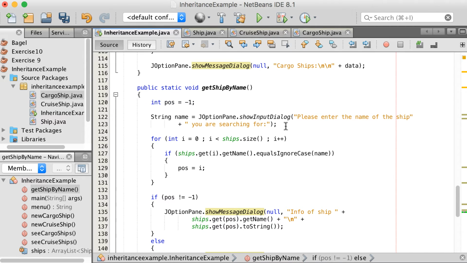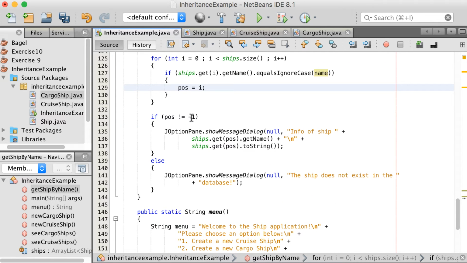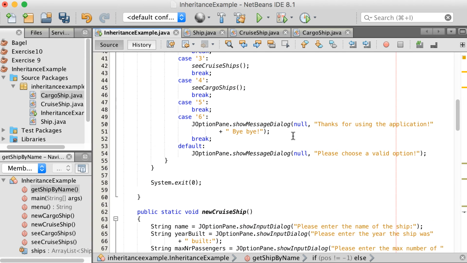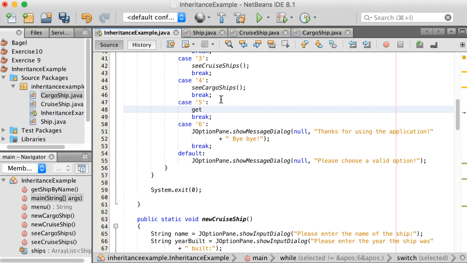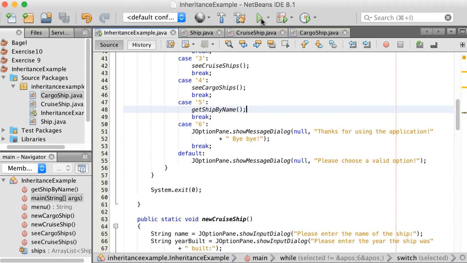So get ship by name: user types the name, running through the for loop, testing if there's a ship with that name, saving the position if there is, and if the position is not equal to -1, then it means that ship has been found at that position, and we're passing in that position to the ArrayList to get the name and then the toString method. If it's not been found, we print out the ship does not exist in the database. So this was option number 5. So get ship by name can be called at option number 5. Okay, so now this application should work, but the problem we have now, if we run it quickly,